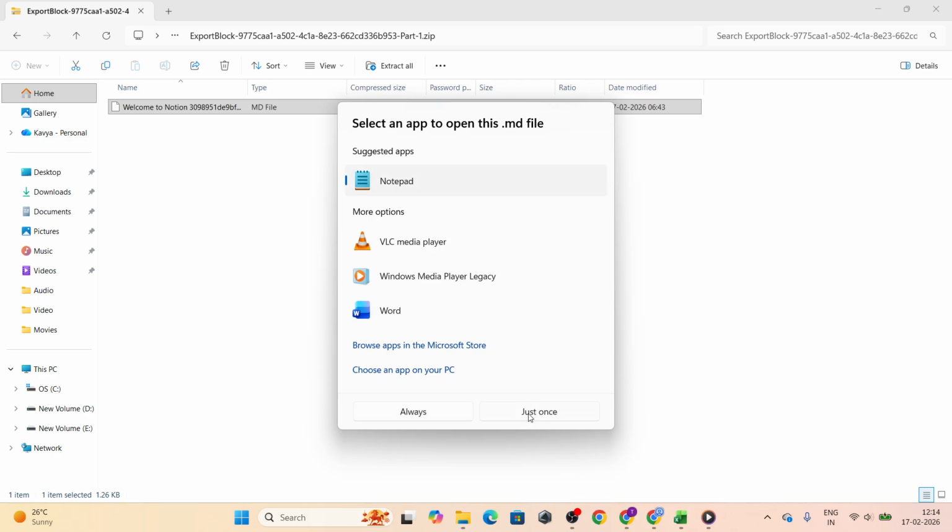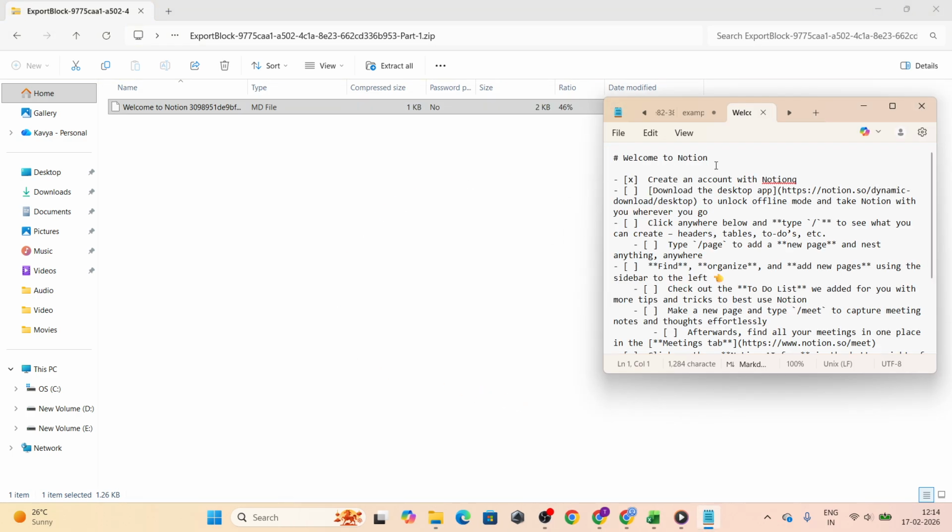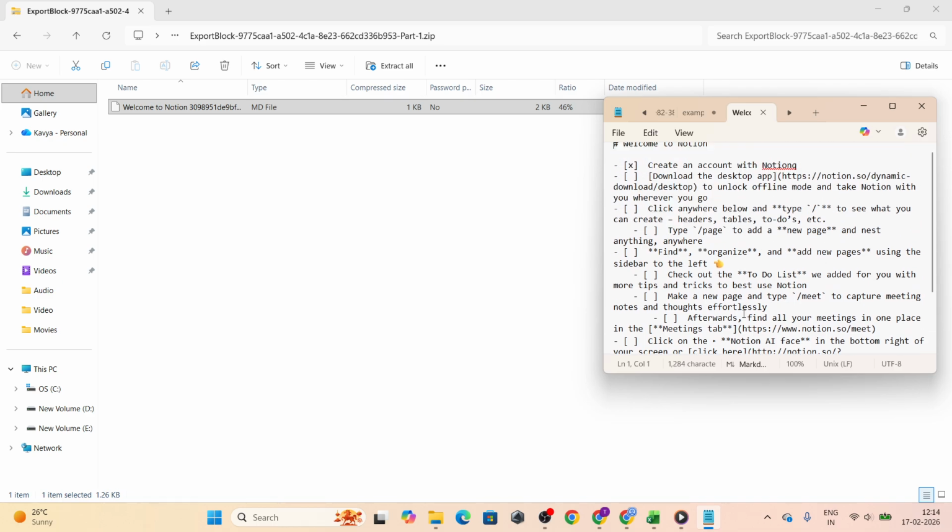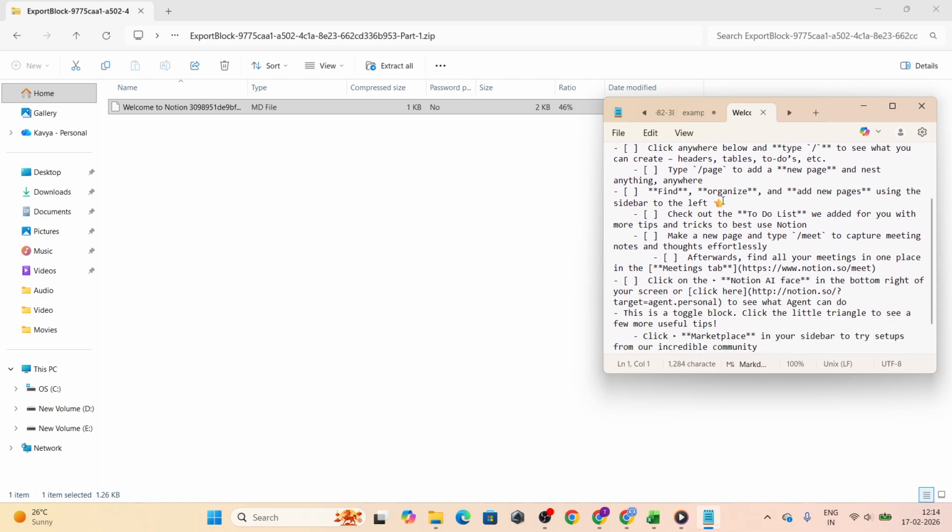That's all there is to it. You've successfully learned how to export your Notion workspace content, choose the right format, and retrieve the download link when